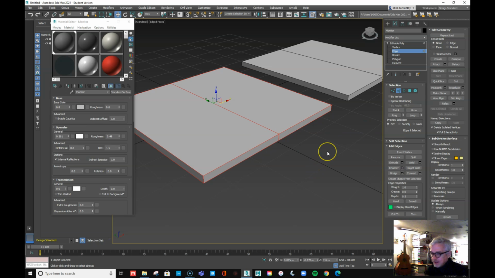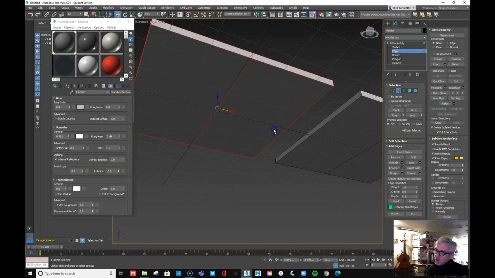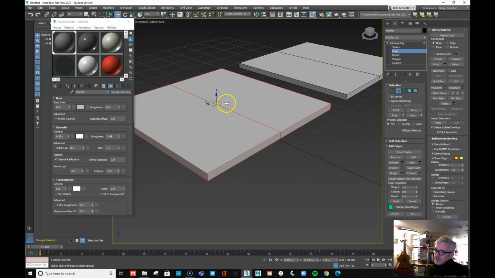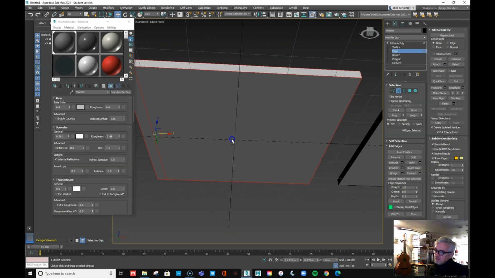Later on you'll understand this has something to do with what we call topological flow, and it's good practice. So actually what I want to do is double click on that edge, and now I've selected all of it all the way around, and you'll see this time round when I slide it, I'm not getting that diagonal kind of slice,